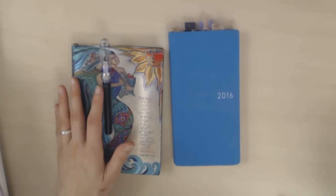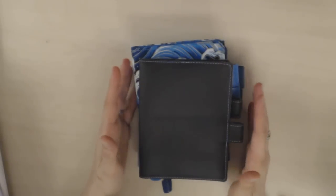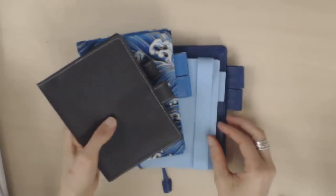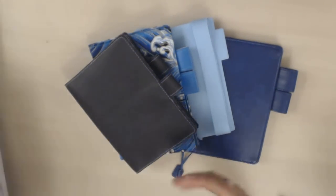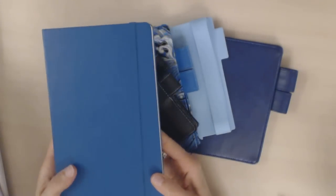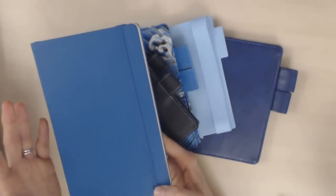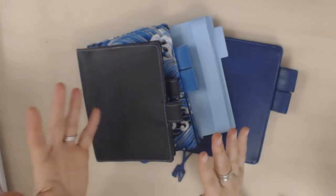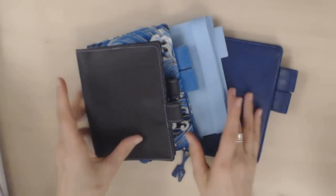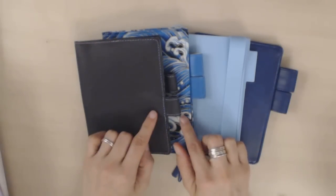So another thing that I find really helpful for keeping planner boredom at bay is to switch covers. And this is conveniently also a great excuse for buying covers. If, like myself, you have a planner buying problem, then you might end up with some planners that you don't have a use for. Case in point, I love this and I ended up buying it even though I really don't have a good use for it in mind. So to try to avoid this to some extent, I think buying covers is really good because it satisfies the desire to try some new planners out, but they're timeless in that they don't have dates. Buying undated planners would serve the same function, but I think the covers are even better than that because